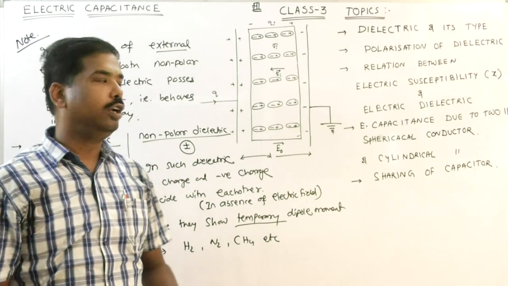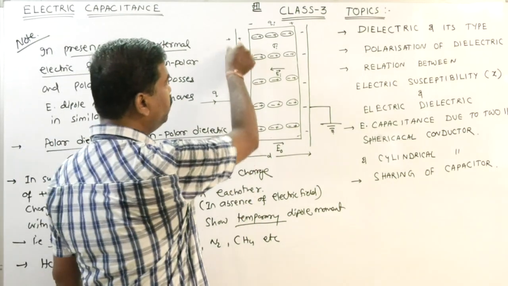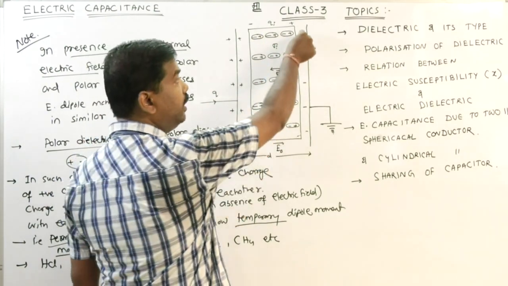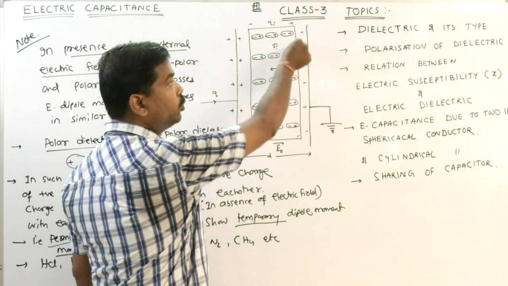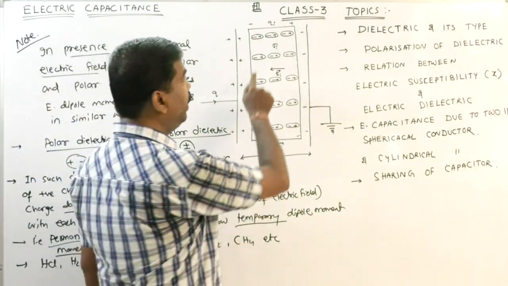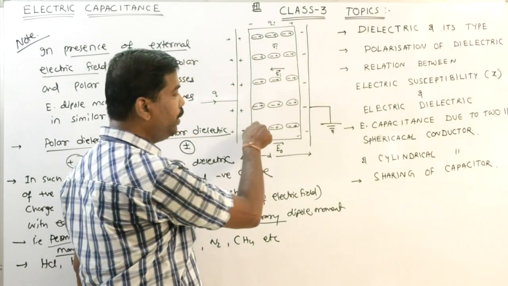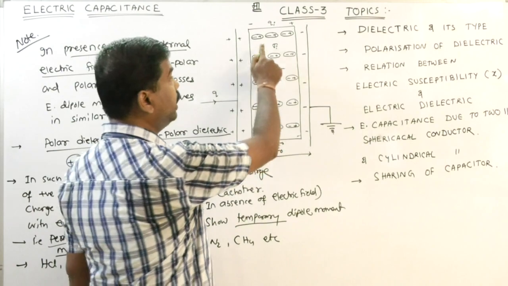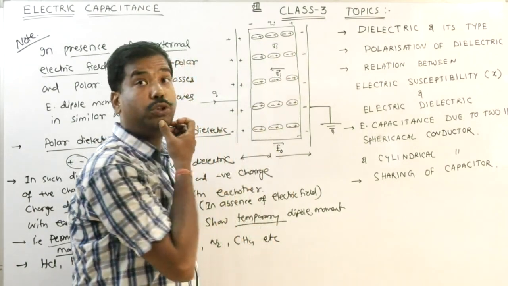Clear? Now, listen to me. This is positive charge and negative charge is induced at its near end. Well, this plate is negative charge, so positive charge is induced at the side. I would like to say that as this negative charge lies on the side, the near end of the atom will be positive charge. Hence they align from the negative to positive.